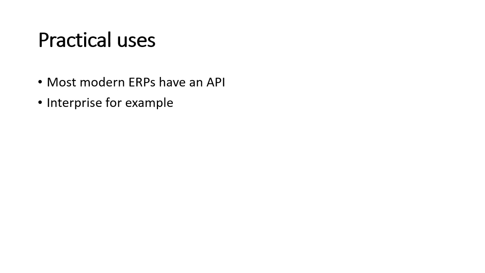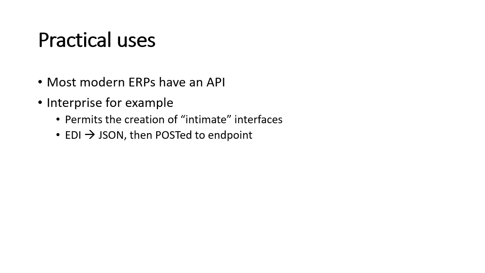A good example is the enterprise system from Apex IT. Its REST API has allowed us to build what might be described as an intimate interface that feeds data from traditional EDI orders directly into the system in real time. The EDI messages are received and validated as normal, and then mapped to the JSON format required by the API's